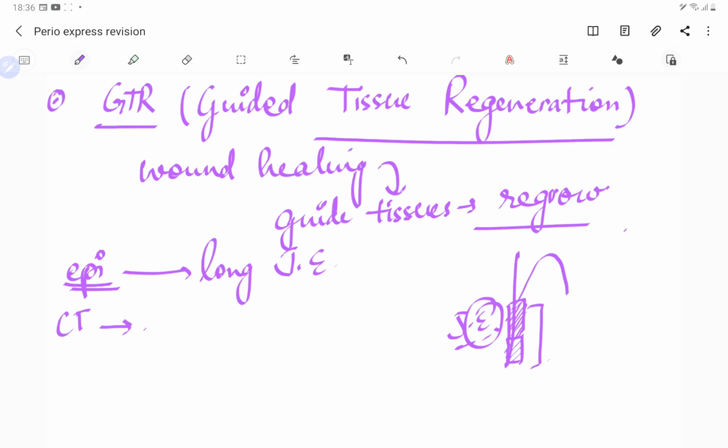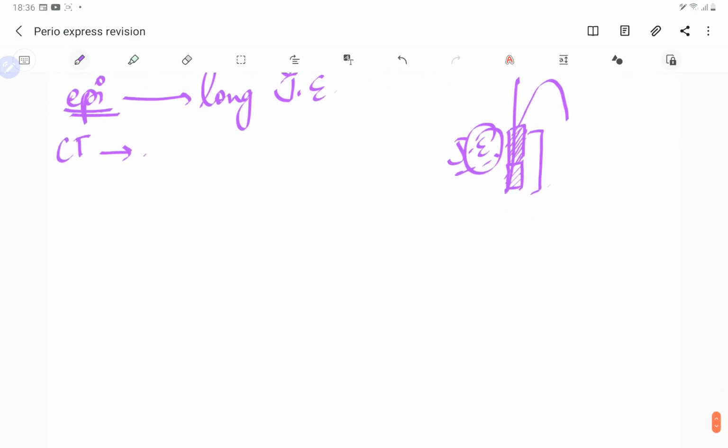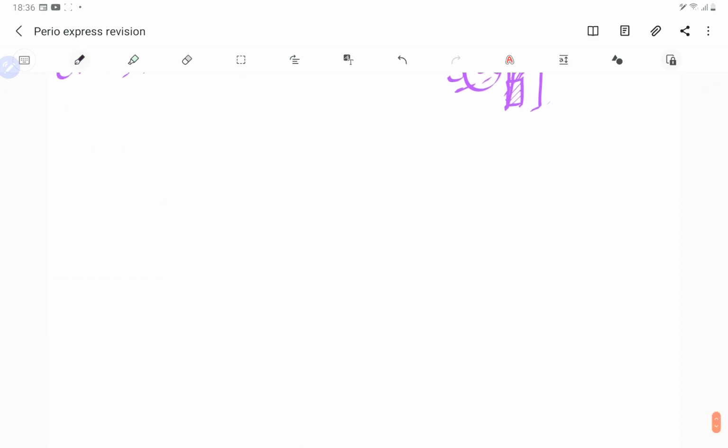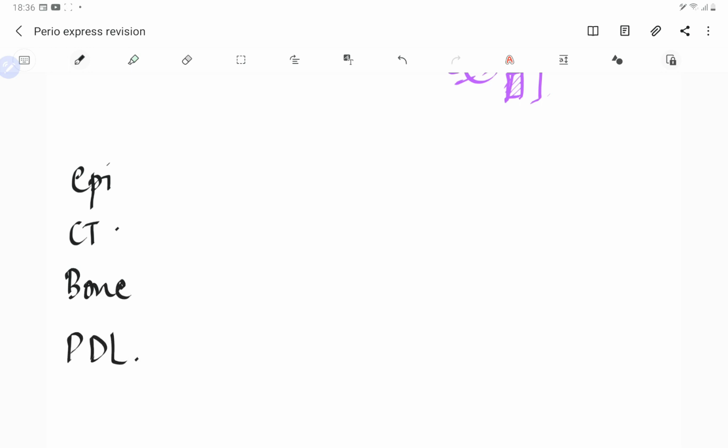Suppose, look, now I am going to give you an example which I have already given you in one of the lecture series in periodontics. Say guys, suppose here is the epithelium, then we have the connective tissue, then we have the bone, and we have the periodontal ligament. These are some guys, okay. And here is a girl in the college. So these are the guys. This is a hot girl in the college. These are some guys. Now one guy is named epithelium, one guy is named connective tissue, one guy is named bone, one guy is named periodontal ligament.